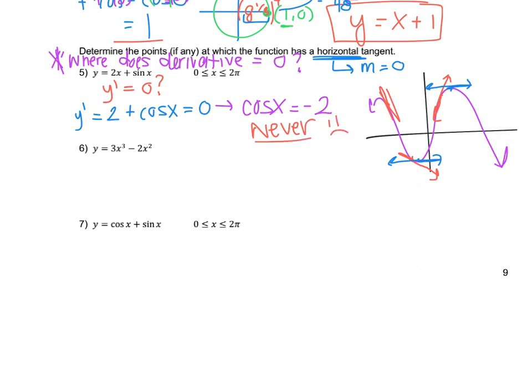Let's find one that does. Okay, so looking at number 6, this is a polynomial. We know it's a cubic. This one definitely is going to have peaks and valleys, or maxes and mins. So this function will definitely look more like this first sketch I did, where it does have some ups and downs. So if I want to know where the horizontal tangent line equals 0, again, that's asking for where does